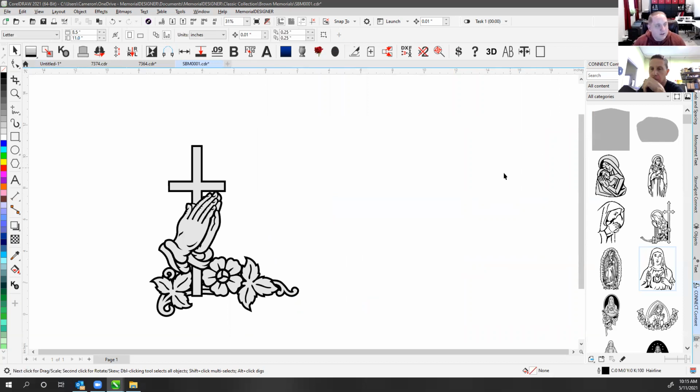The main thing is that in order for search to work, your designs have to have keywords and they have to be tagged. So if you want to be able to do search in French, you can certainly go through all of these and tag them in French. All of the designs, you can right click on it inside the Connect Content Docker and just say,